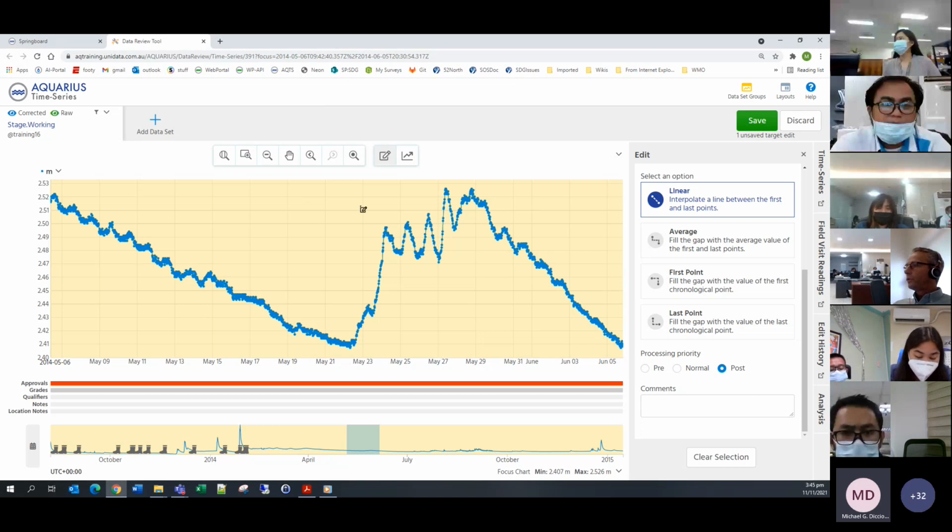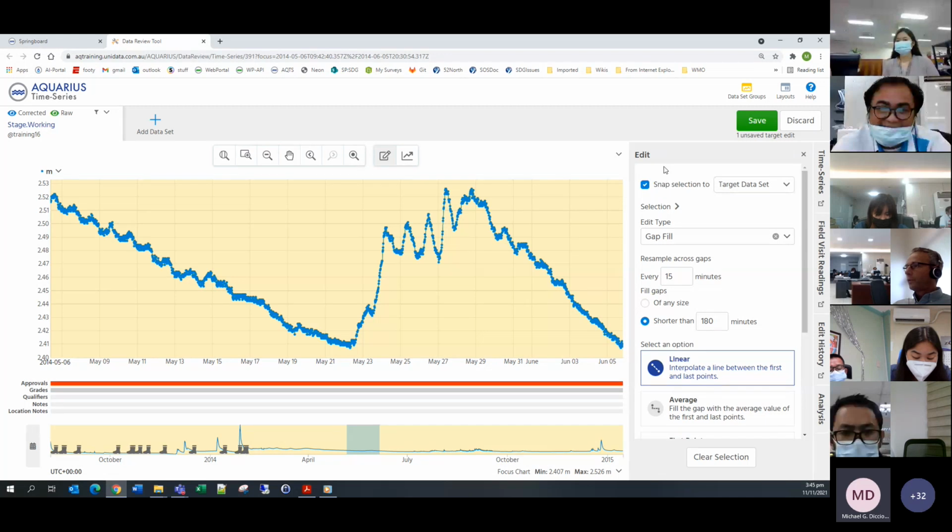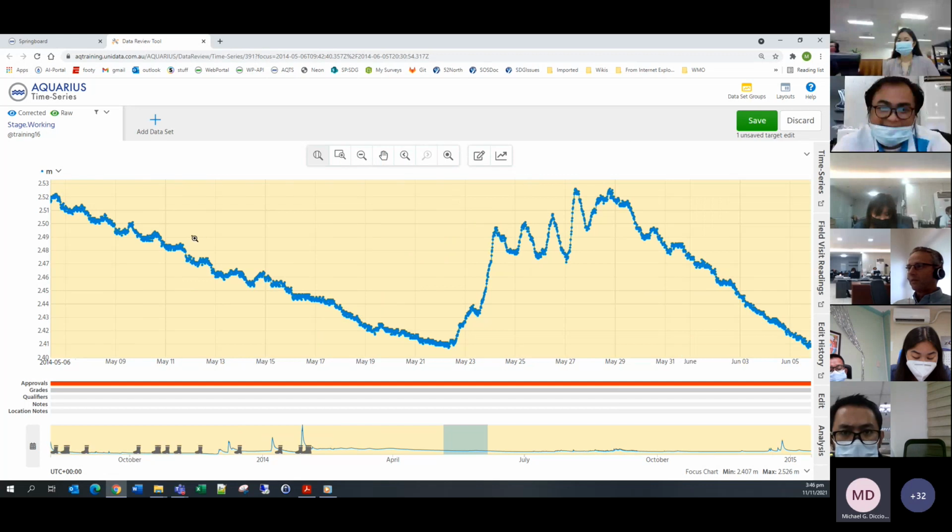And what we should notice, which we'd need to go back and have a look at, is that bits that were trimmed out have now been gap filled. What that means is if we zoom back out,